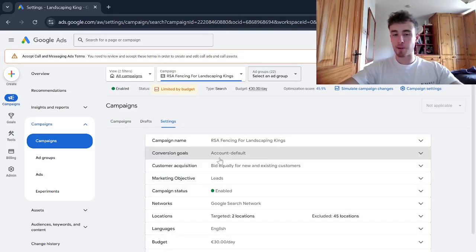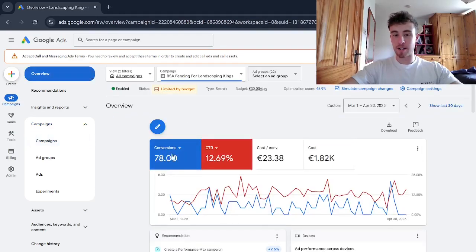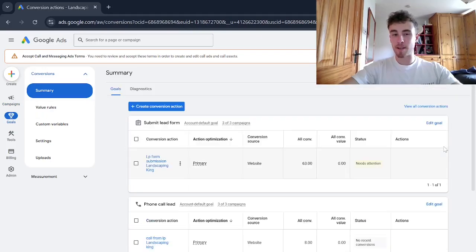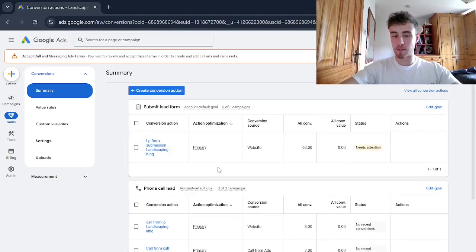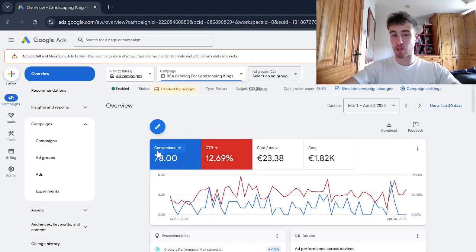then go to settings. Now, the first one to mention, and is actually really important to take note of, is your conversion goals, because without these conversion goals set correctly, you're not going to be sending the right data to Google Ads of what you actually want to count as a conversion. And if you don't have them set correctly, the conversions you want aren't going to be showing up here inside the dashboard. So inside your conversion summary table, as you see here, we have conversion actions set up for form submissions, calls from the landing page, and calls from the call asset, which are the actions that we want the